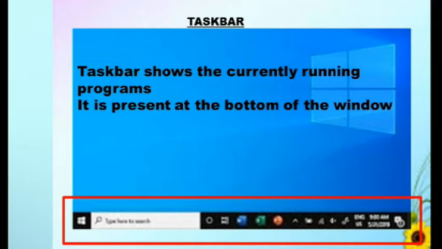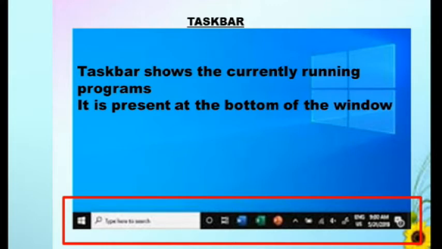So the taskbar shows the start button, then programs that are currently open, and then some other important icons like time, date, volume, then clock. All these things can be seen at the right side of the window.